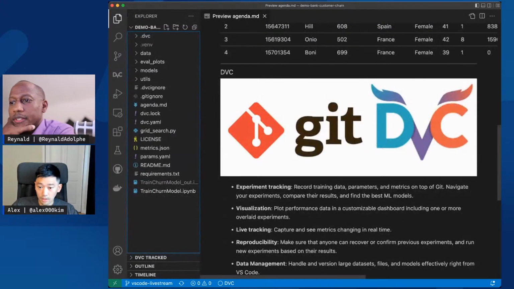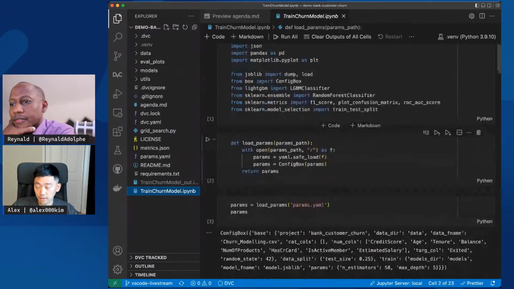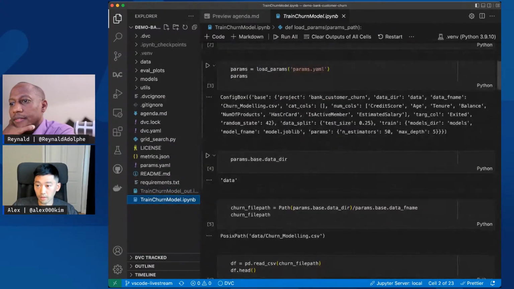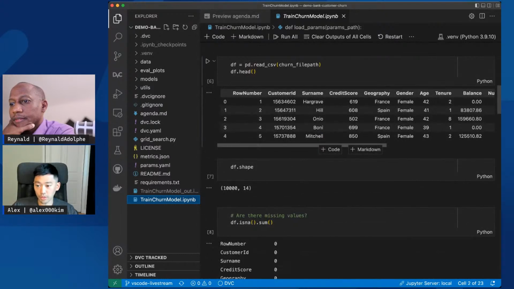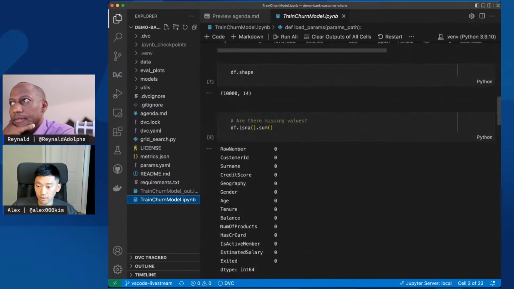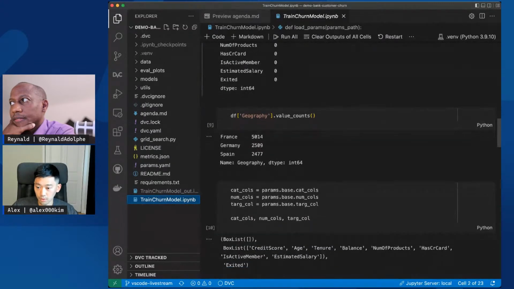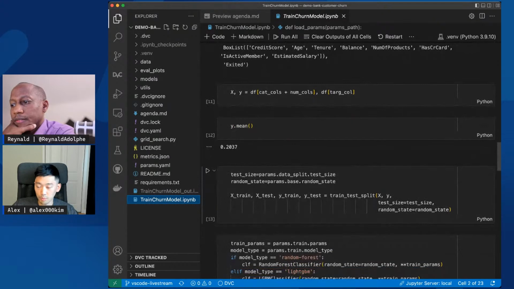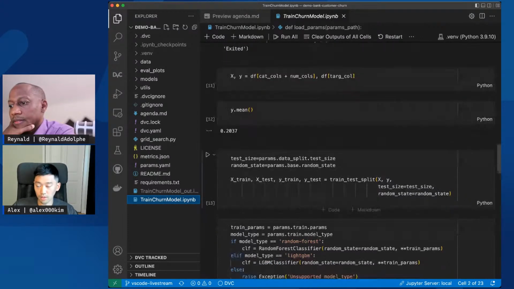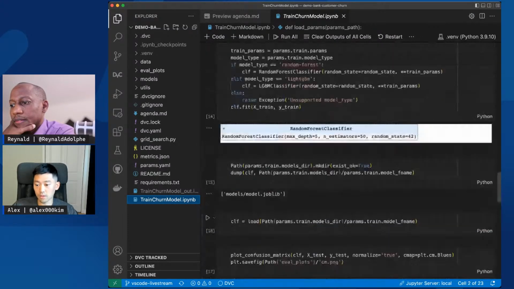Nice. So, cool. Without going into the details, I'm training my model in this Jupyter notebook. This is the tool that pretty much every data scientist or machine learning engineer knows very well. Here I have some Python code that loads my data set, does some basic data exploration, splits my data into train and test sets, using the train data set to train my model and the test data set to actually evaluate its performance.